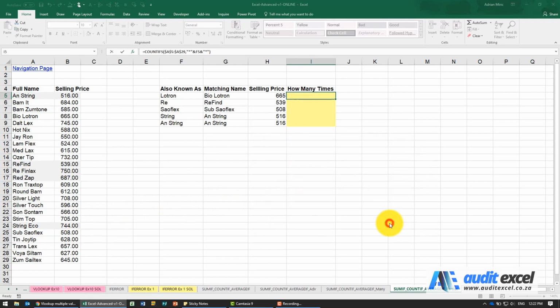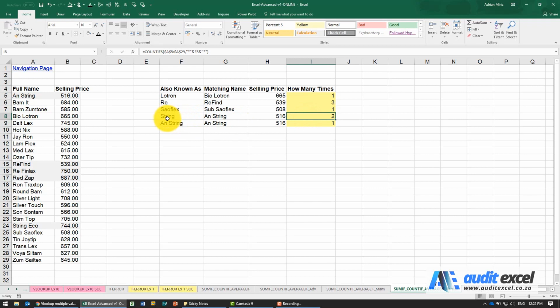And when I say OK, you'll see it tells me that this could only exist in one place. So it's pulled through one place, so there's a very good chance that these are correct. When I copy this down, you'll see it warns us immediately this could appear in 3 places. This one here could appear in 2 places.